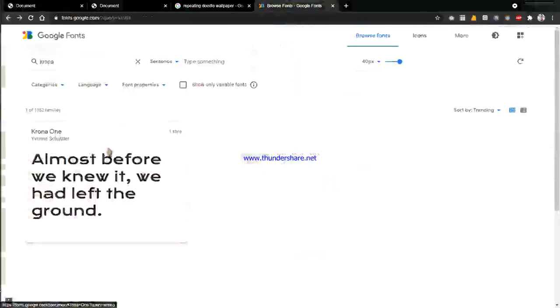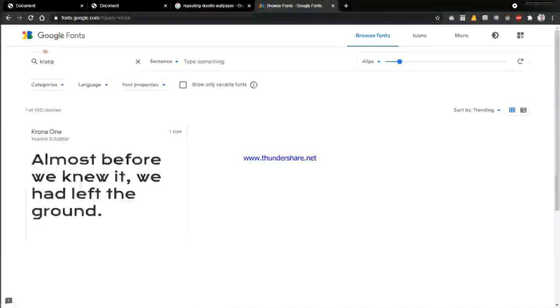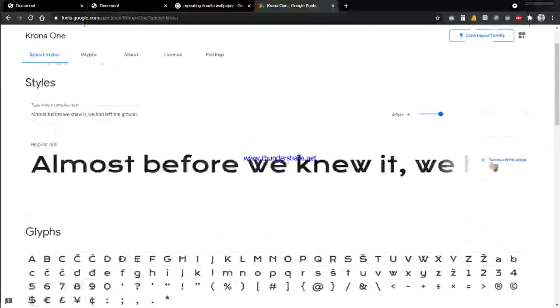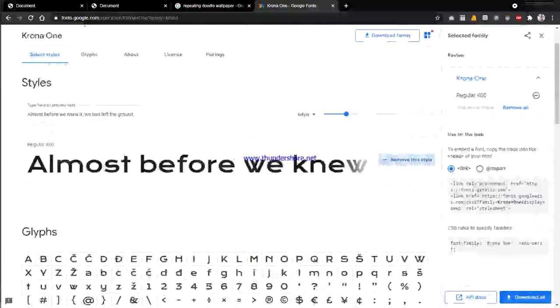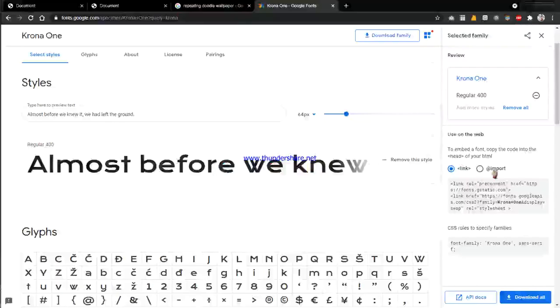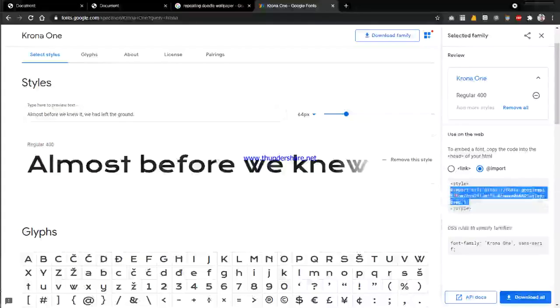I already have this one working here, so I'll click on this one and click on this button, select this style. If you select the style, now here you have two options. If you get it through the links, you will have to paste it in the index, or if you get it through import, you can get it through CSS.